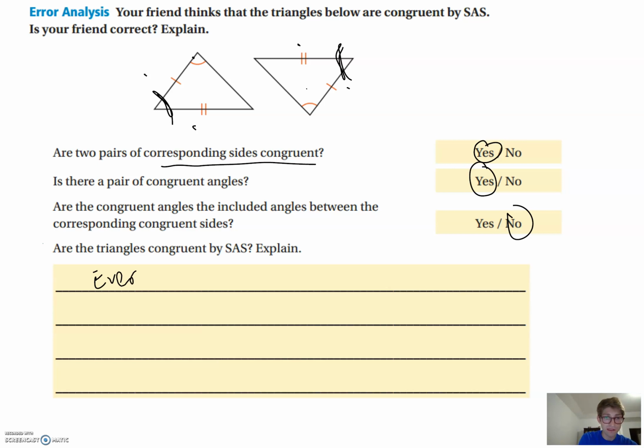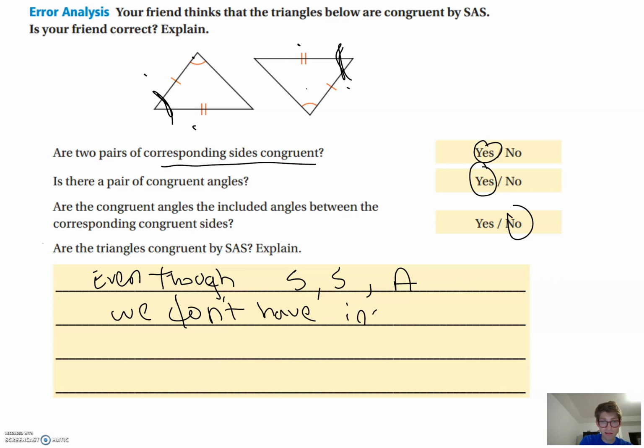So I'm not going to write the explanation, but it has something to do with even though we have, oh, this pen isn't working. Even though we have an S and an S and an A, we don't have the included angle. So there are going to be other ways that we prove triangles,